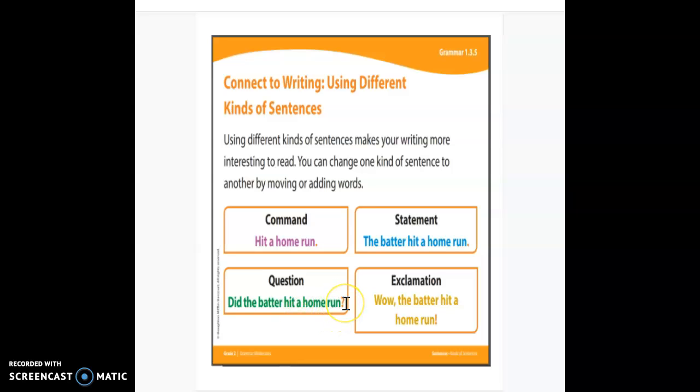And don't forget, if we write a question, it can make our writing more interesting, but we always have to use a question mark to make sure that people understand that we wrote a question. Or we can use an exclamation. These are my favorite. Wow, the batter hit a home run! And you'll notice here that exclamation has an exclamation mark, and that means that somebody was excited about what they